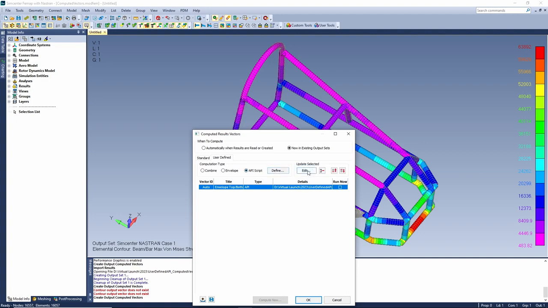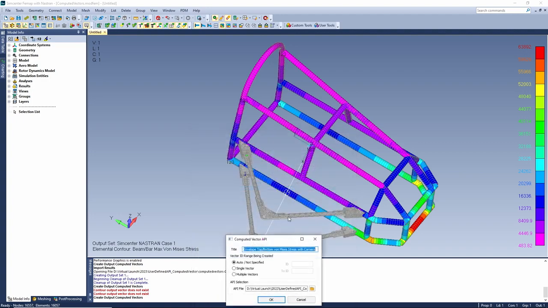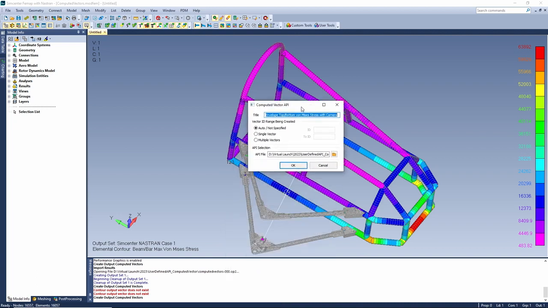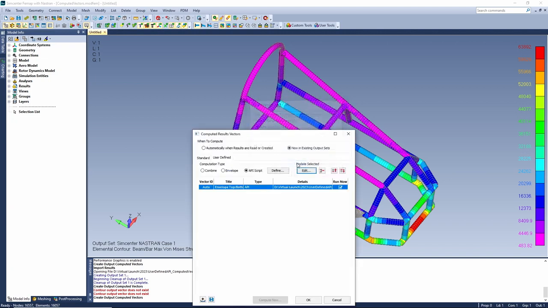I already have one specified here, so I'm just going to edit it, and you can see that I'm choosing a particular .bas file, and I just have auto not specified for the ID range that it's going to create. What this is going to do is create an envelope, top-bottom von Mises stress with corners automatically. So I'm just going to say we're going to want to create this now, and just say compute now